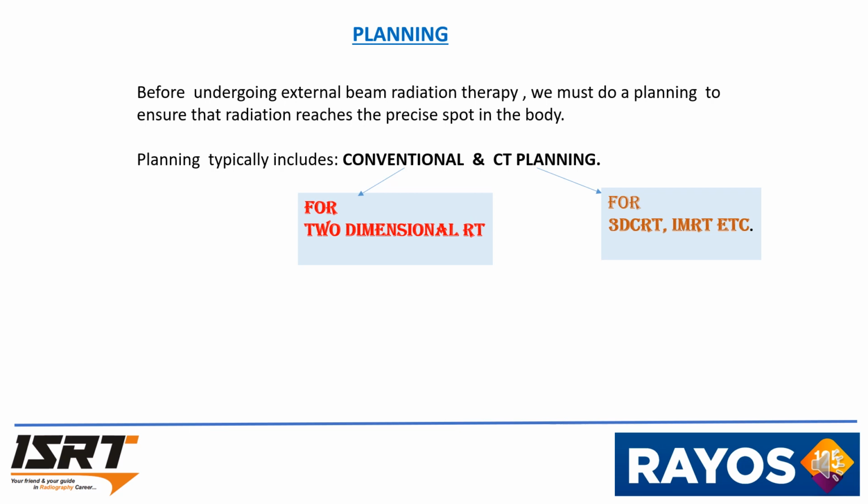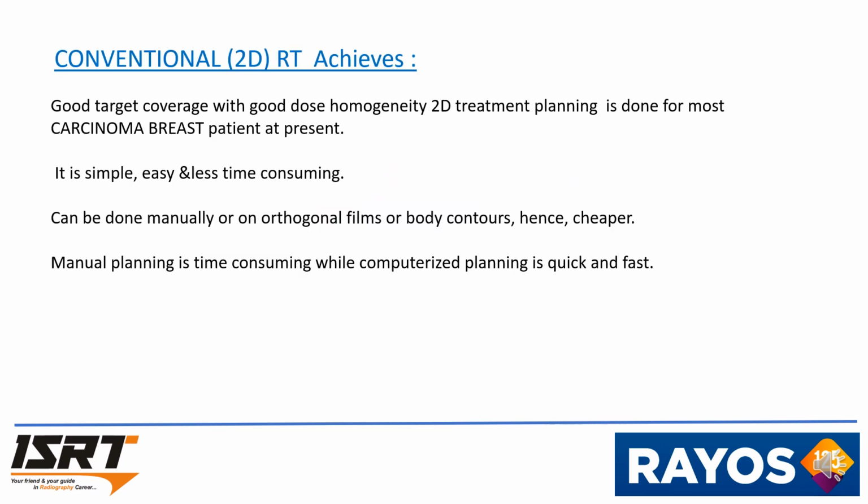Planning. Before undergoing external beam radiation therapy, we must do planning to ensure that radiation reaches the precise spot of the body. For this, planning typically includes conventional, that means two-dimensional RT, and CT planning for 3D CRT, IMRT, etc. Conventional or two-dimensional RT